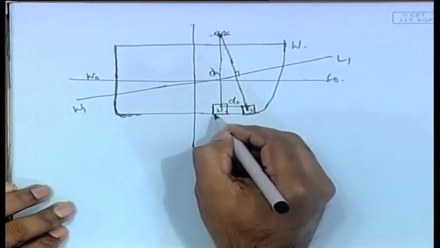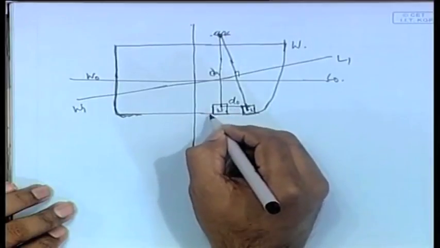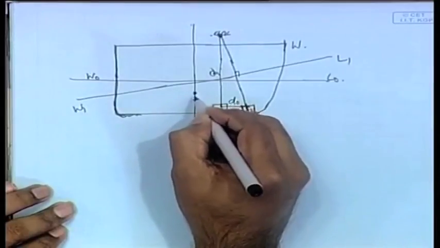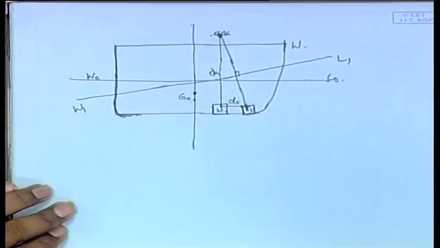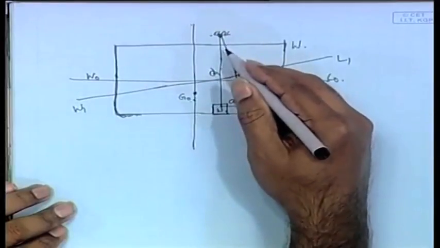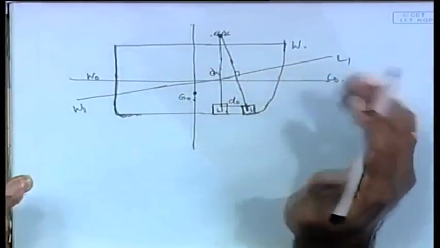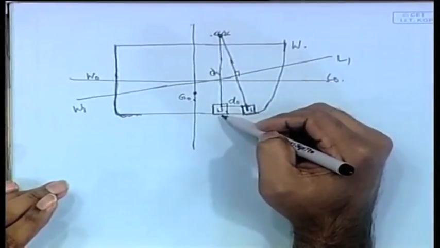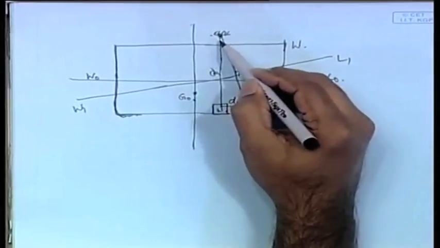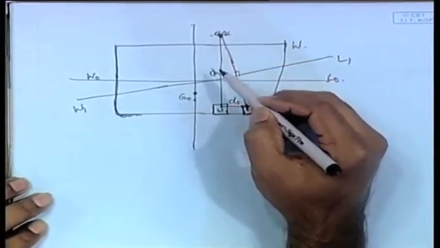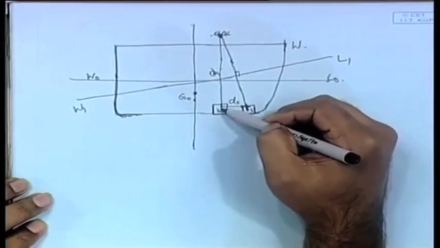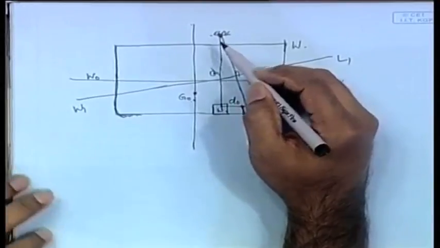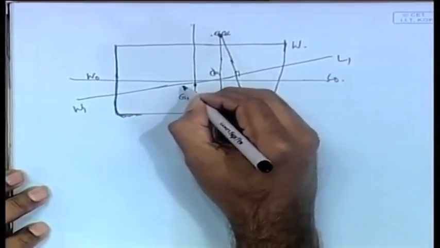Now initially this weight is remaining here at W and in the keel. Let us say that the center of gravity is here, g0. Now the moment you hang it, you will see that it acts as if the weight is here. You can think logically, because the weight is hanging there, the force is acting here, therefore the g of this weight is actually shifted there, which will imply that the g of the whole ship will actually go up a little bit. So this g0 will go up here to maybe g1,